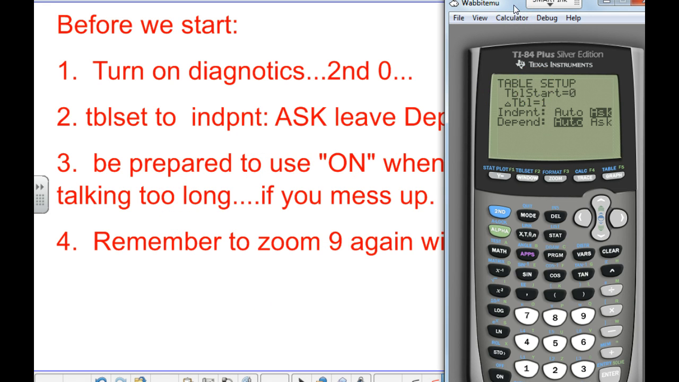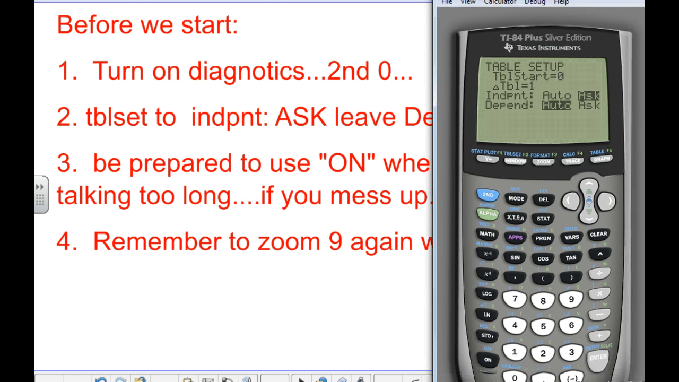All right, and finally, we're going to do a lot of Zoom 9 today. We're going to let the calculator pick an appropriate window. Okay, so when you can't see anything in your graph, you probably need to do a Zoom 9. And this is especially for people with the color calculator. Is everybody listening though? Whenever you're graphing something,